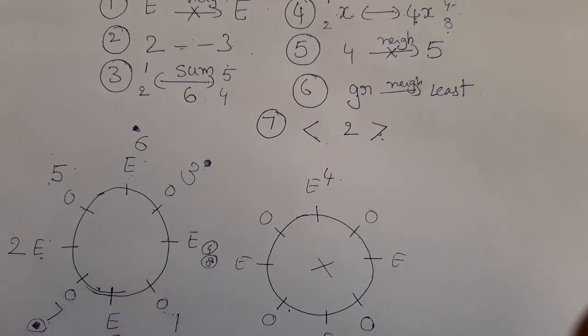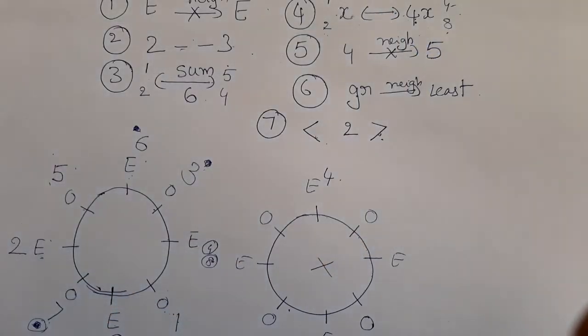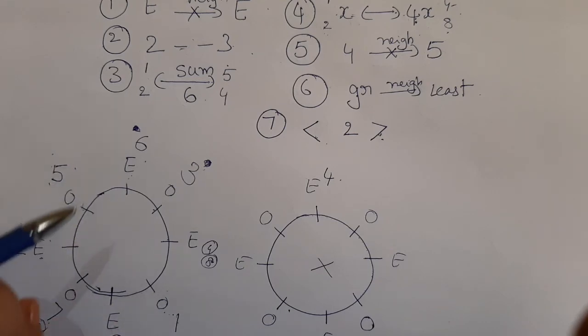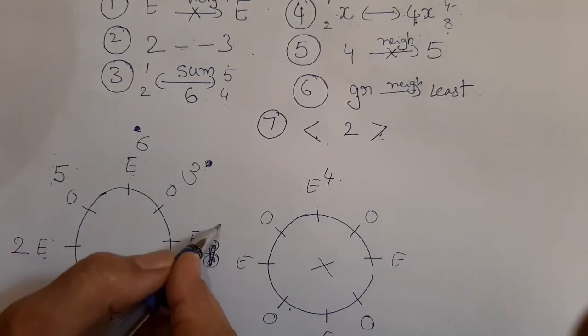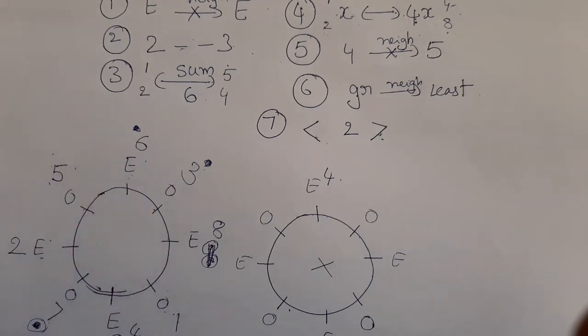Now coming to the 4 and 8. Now this we have to see 2 and 8 we have to write. 1 and 4 is not possible. We have seen. So 2 and 8. So here we must write 8. And according to hint 4, here 4. So the circle is completed. Once the circle is completed, we can answer any bit given depending on this sum. 1, 8, 3, 6, 5, 2, 7.